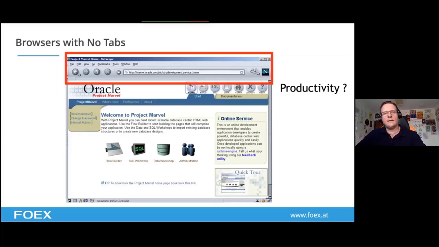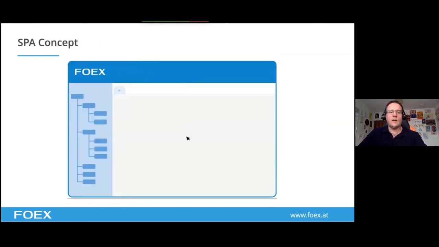And the thing is, did they stick with that workaround, just say, hey, do that? No, they decided to improve the experience and add tabs to browsing. And basically, when we have to keep changing our context all the time, we are suffering from productivity. People want to be able to see multiple sets of data at the same time. So if we're to have a look at the SPA concept,